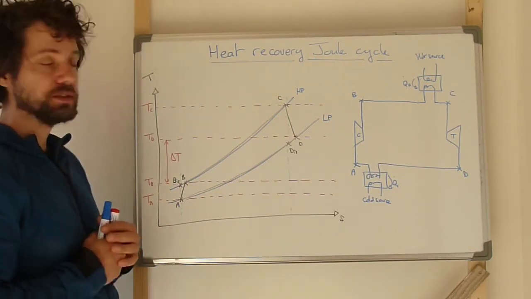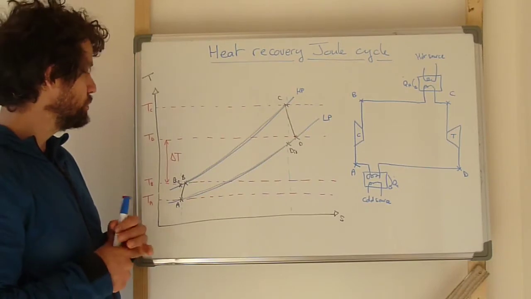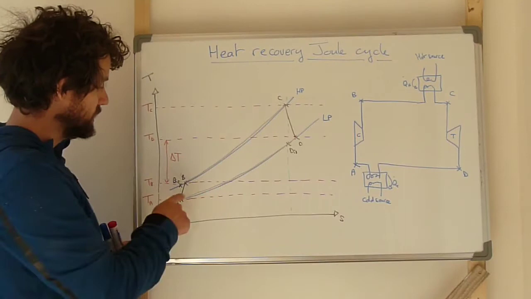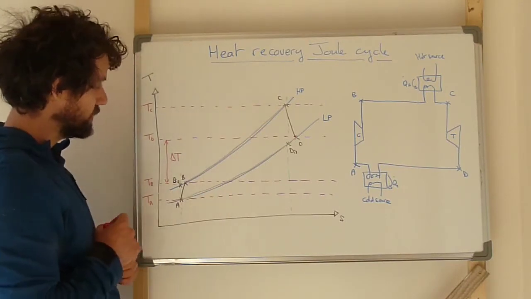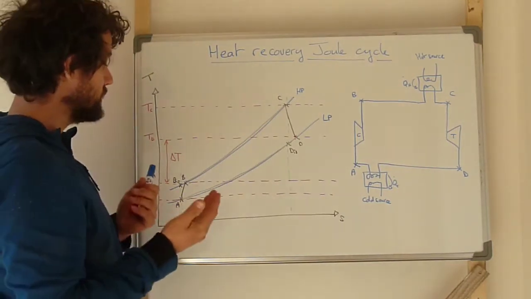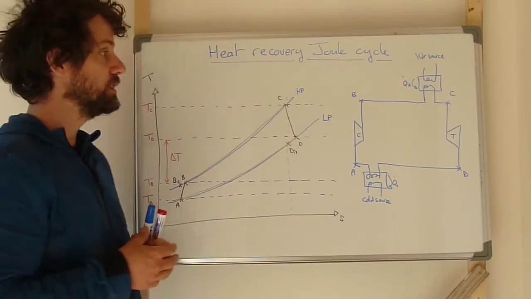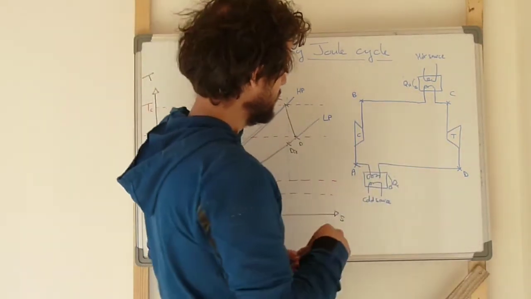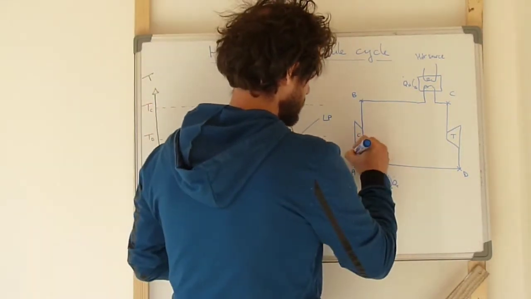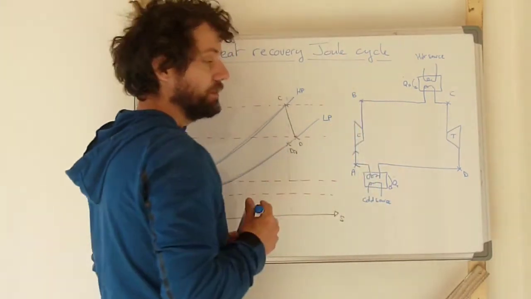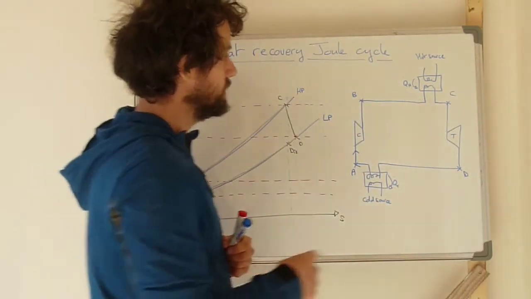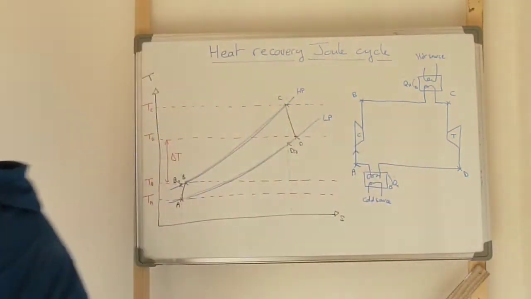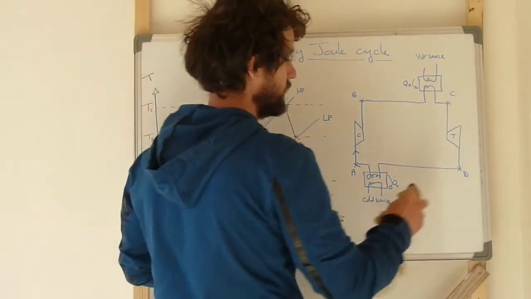So let's go back to heat recovery. What should we do now in order to use this available energy from point D in order to increase the temperature for point B? We will just add a heat recovery heat exchanger between these two flows. So here on the schematic we have the direction of the flow. Here we have the outlet of the compressor in point B, and there the outlet of the turbine in point D. And in our case we want to add one heat exchanger